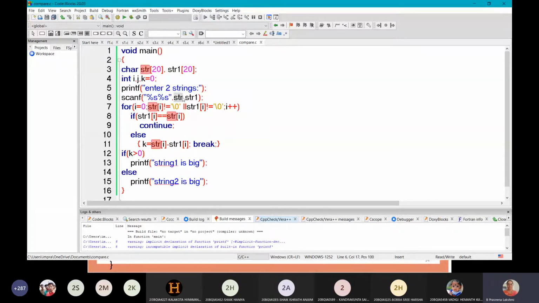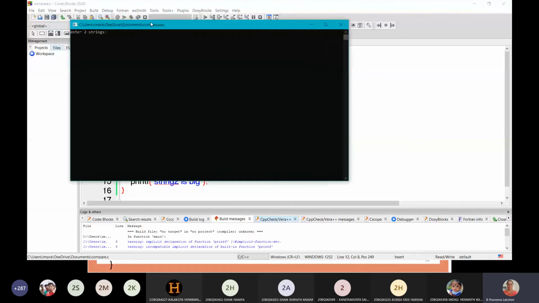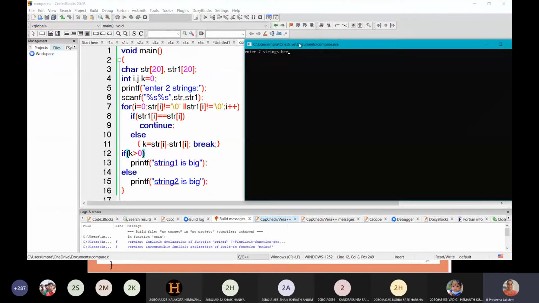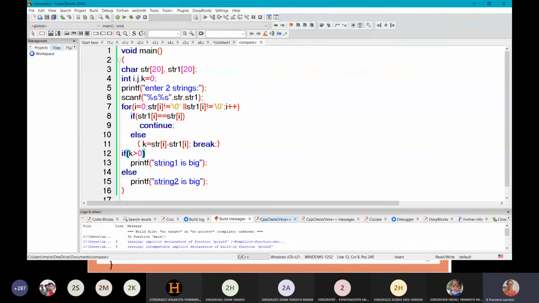Here first we are taking str and then str1, so I changed it. Enter two strings. L is the second string. String 1 is big.